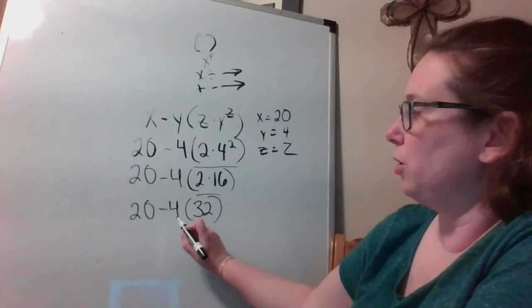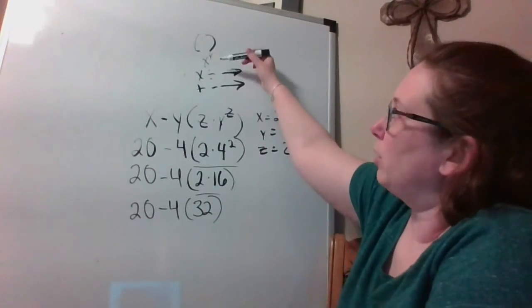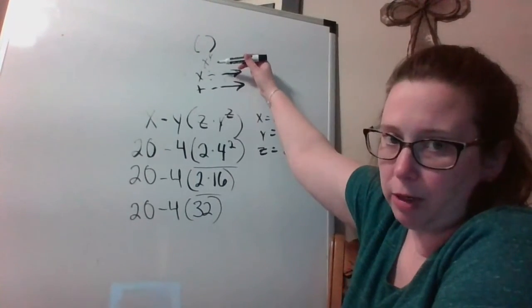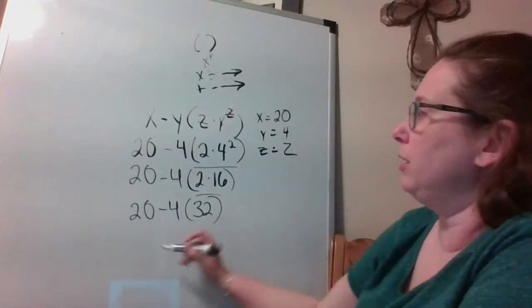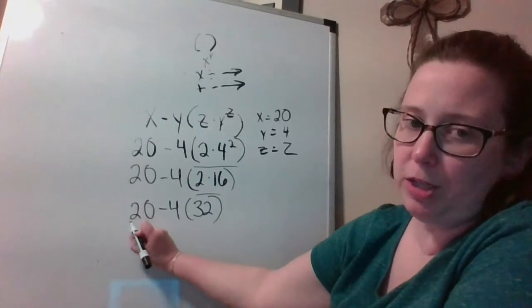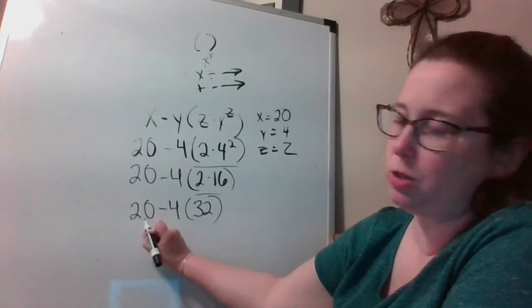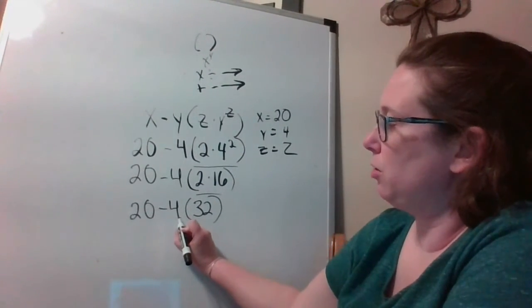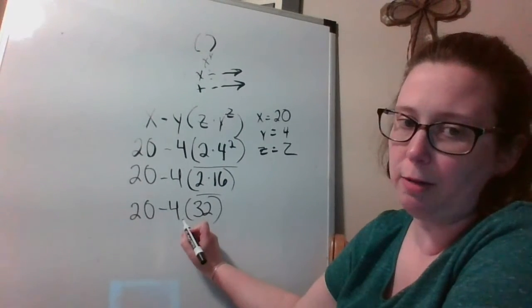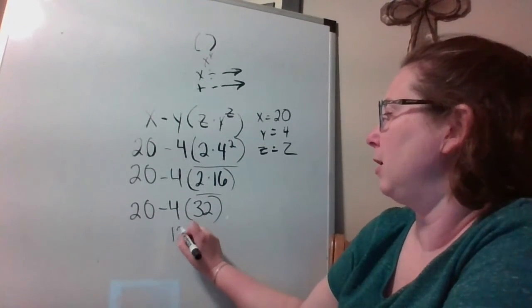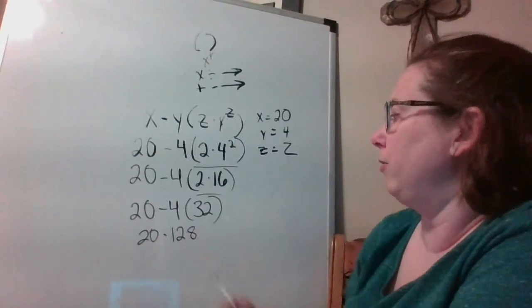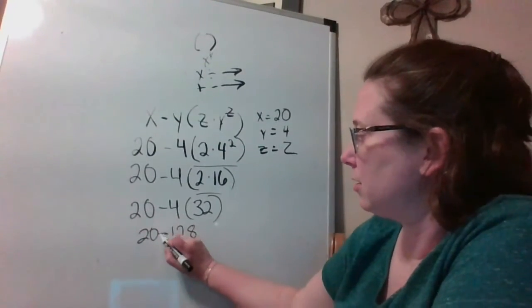So I'm going to go ahead and move through my order of operations and say, well, do I have any more exponents? No. So next I need to multiply and divide left to right. So I'm taking out my multiplication and division sensor and going until I find that multiplication. I'm going to do that and say I now have 20 minus, that's a minus,